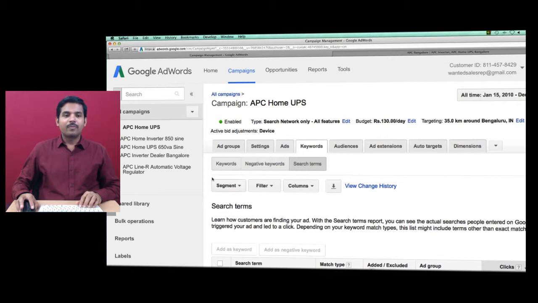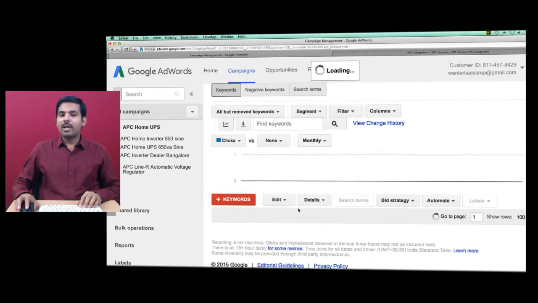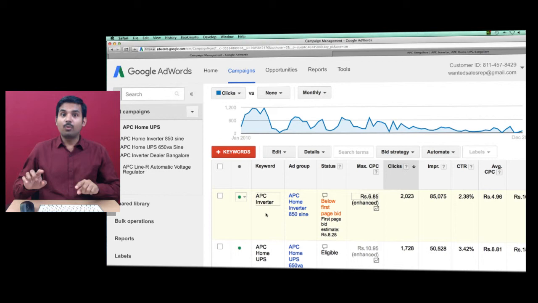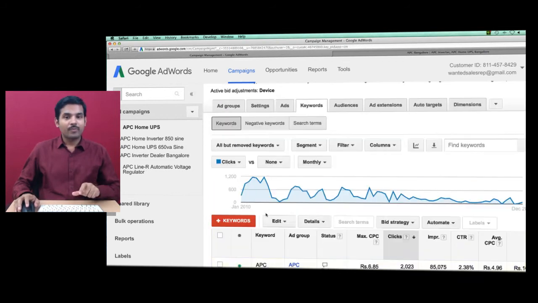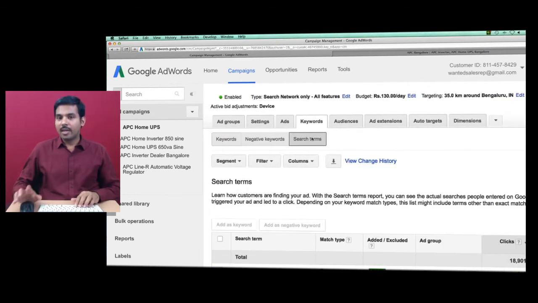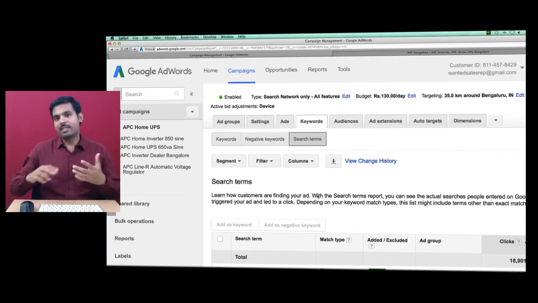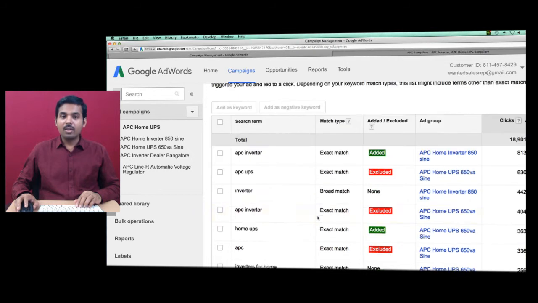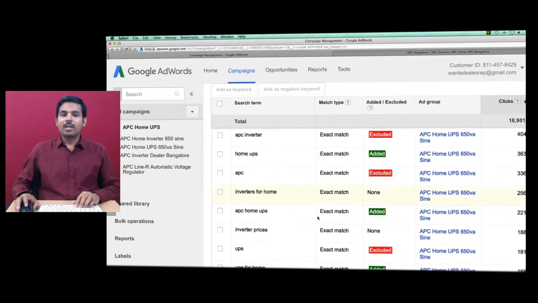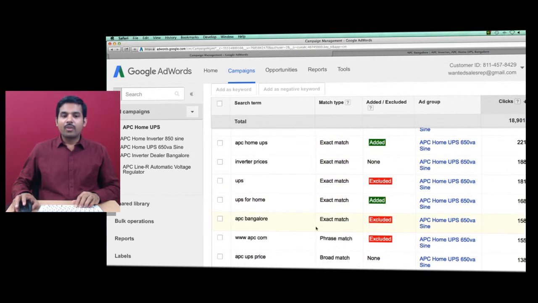Under the keywords tab, you will have all keywords entered by you as a campaign manager. Under search terms, you will have the actual keywords entered by users, who clicked on your ads or viewed your ads. These are the actual terms used by users. And assume if people use wrong keywords to find your ads, you can include those wrong keywords as negatives,